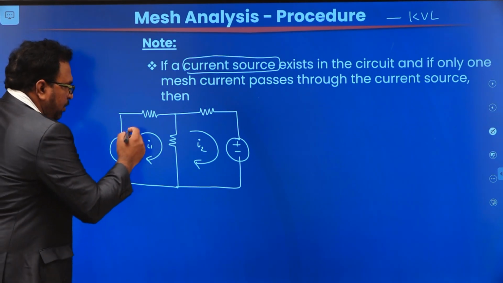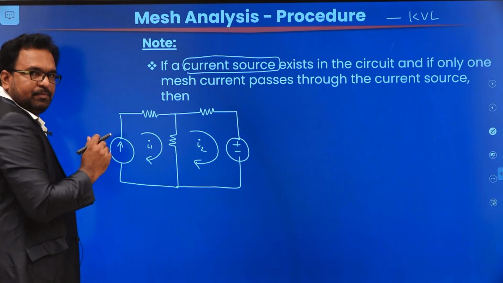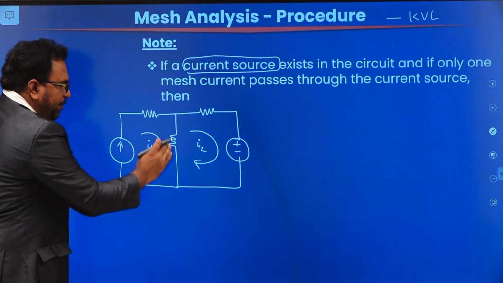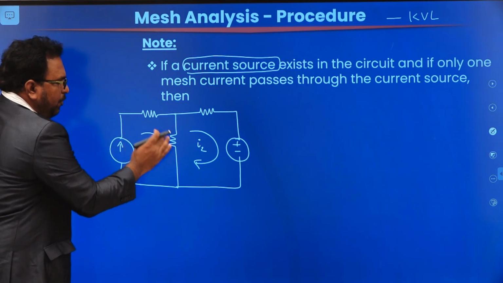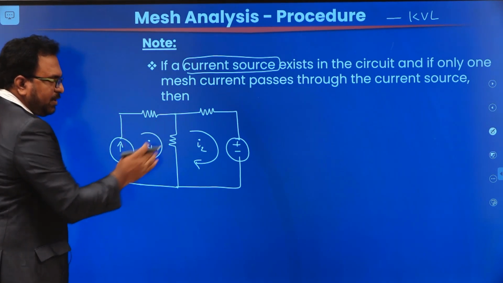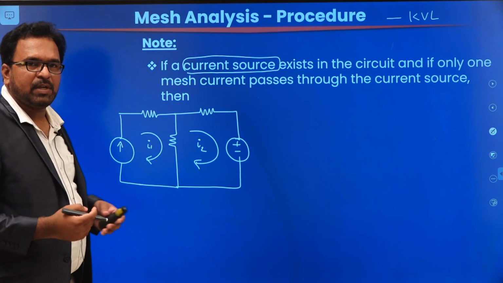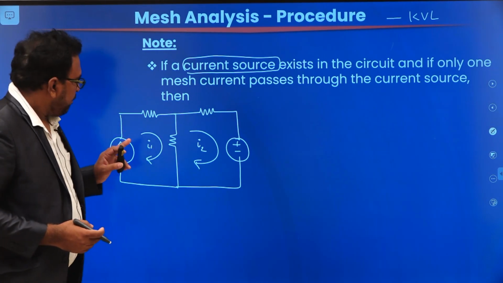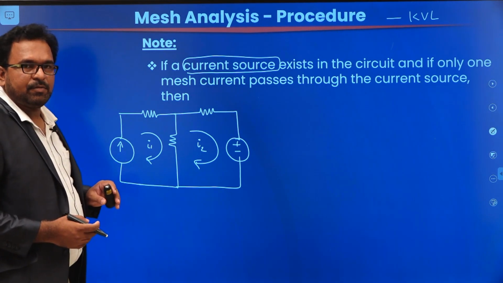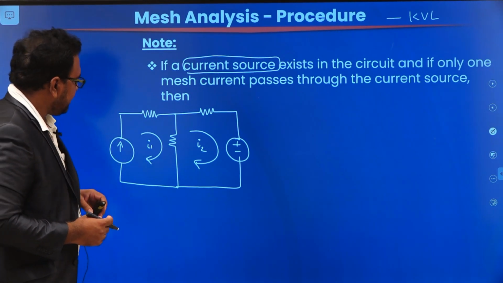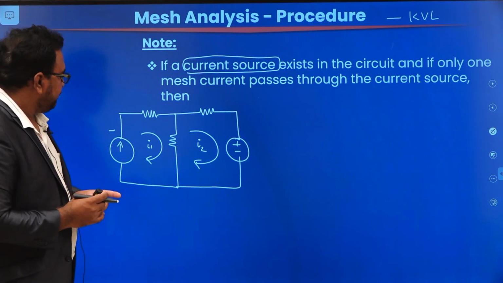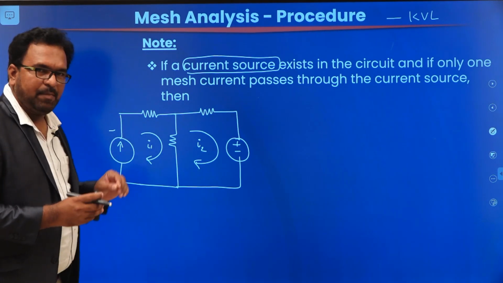Now, you have to apply KVL here. Also, I have indicated the direction as clockwise. If you want to apply KVL here, how will you calculate the voltage across resistors? We know that by using Ohm's law, we can calculate the voltage across these two resistors. But what about the voltage across the current source? We don't know. In such cases, there is no need to apply KVL because our aim is to calculate the